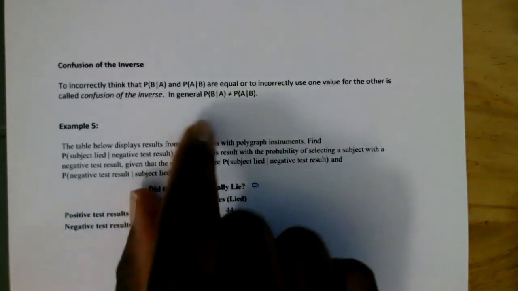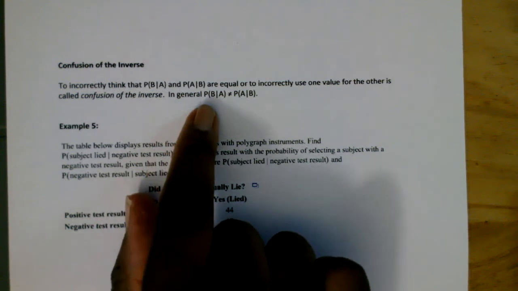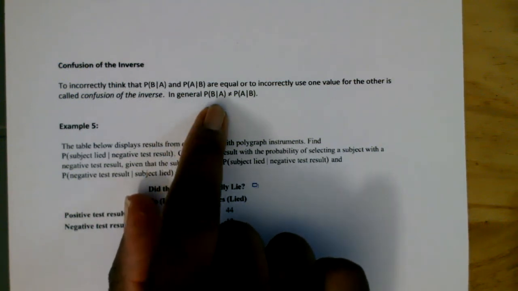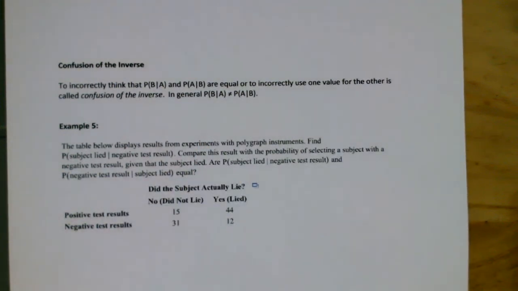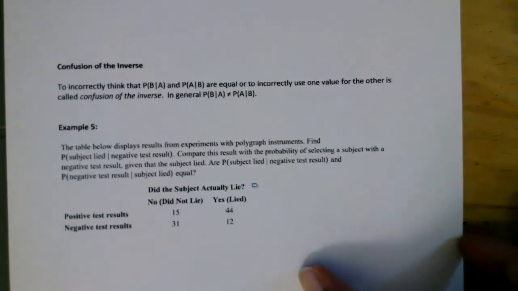So in general, the probability of event B given that A has occurred is not going to be the same as the probability of event A given that B has occurred. So like in this example here,